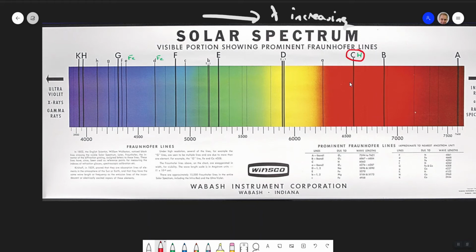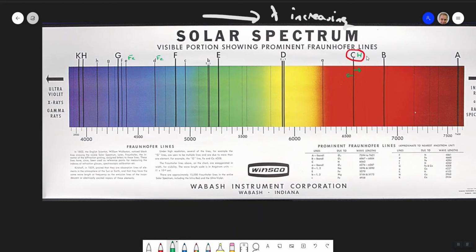And this line here, 656.3 nanometers, is a line that we can look at. We can try and look at this like the Doppler effect. We can look at this in different situations and find out, has it moved? Maybe it's moved that way. Maybe it's moved that way. Because if that point of light is moving relative to us, when we measure it, we won't measure it at 656.3 nanometers. We might measure the wavelength to be a bit larger.